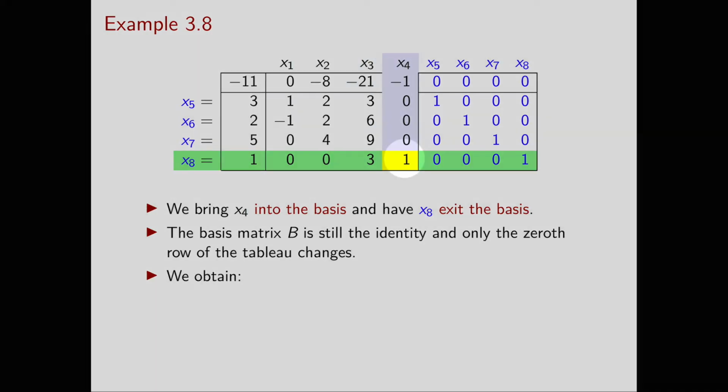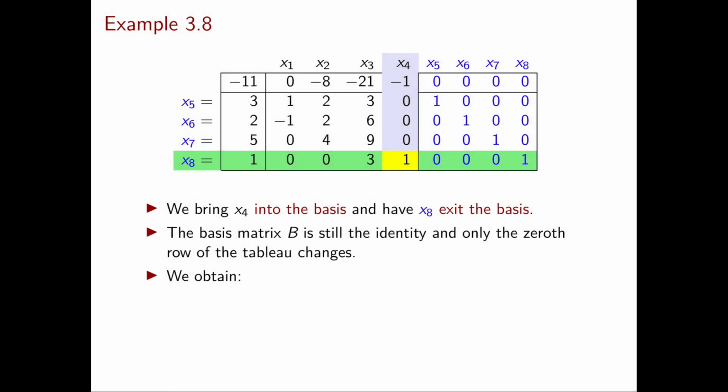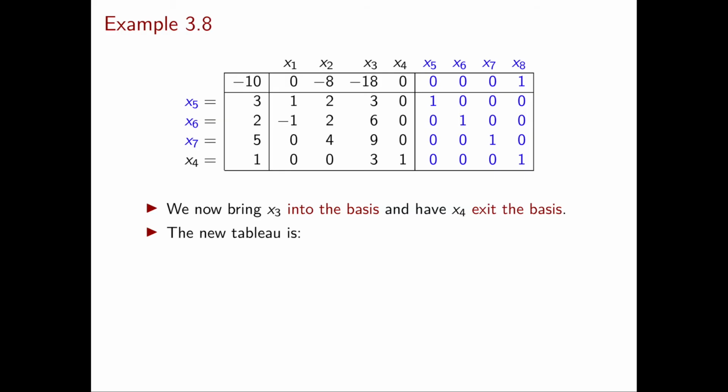In the pivot, I need to obtain all zeros in the pivot column except for a 1 in the pivot element. So as you can see, this is a very easy pivot because I only need to modify the 0th row. The 0th row is obtained by summing the 0th row with the pivot row, and if you perform this sum, you obtain this new tableau. In particular, the cost of the solution is now 10. I still have 2 negative reduced costs, and as my pivoting rule, I choose x3 to enter the basis.